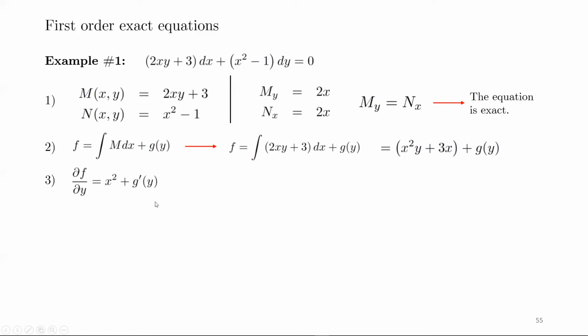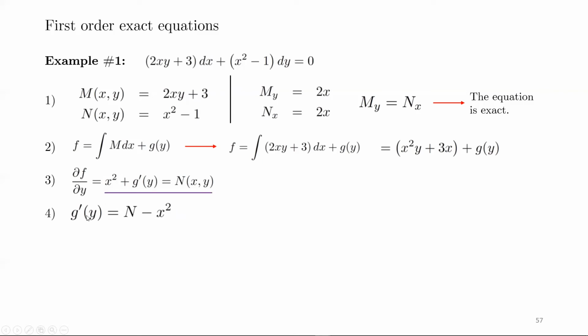Okay. And we also know that the partial derivative of f with respect to y is equal to n. We have an expression for n from the original exact ODE, the exact equation. We already know that n is x squared minus 1. So if I add that in here,